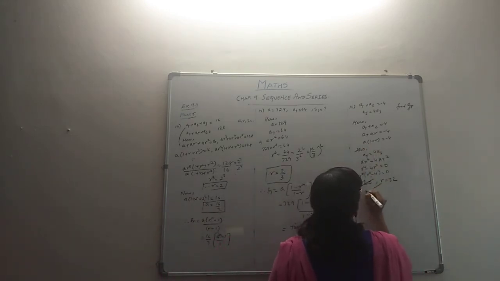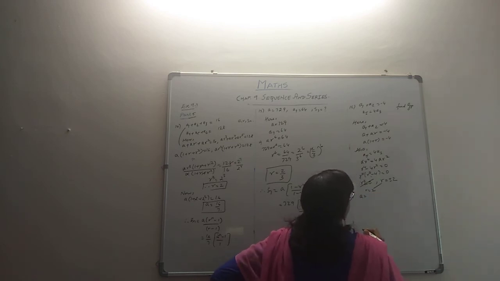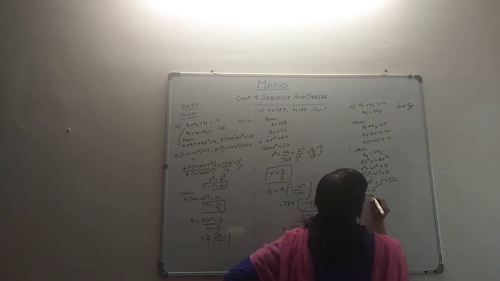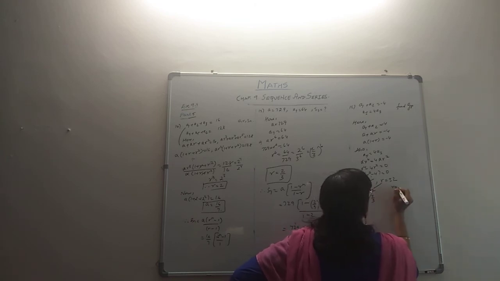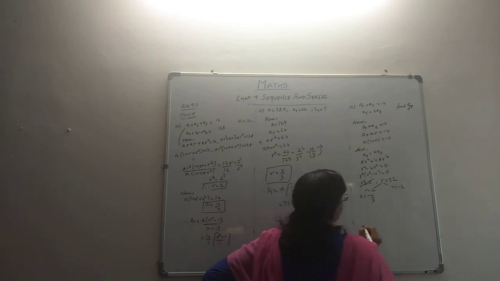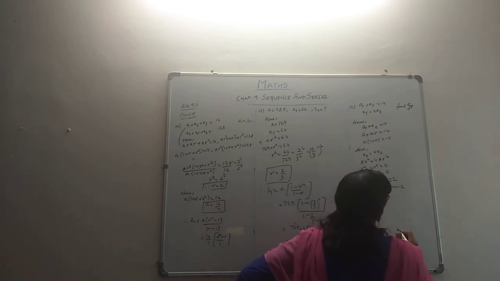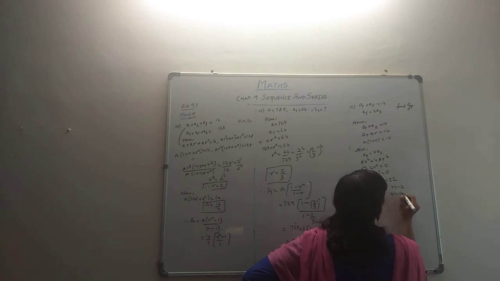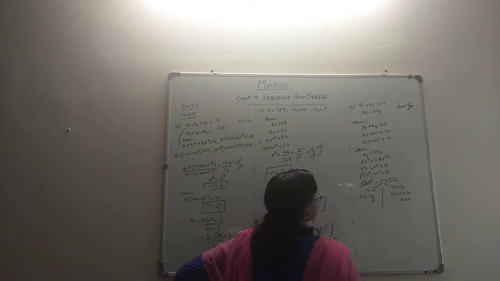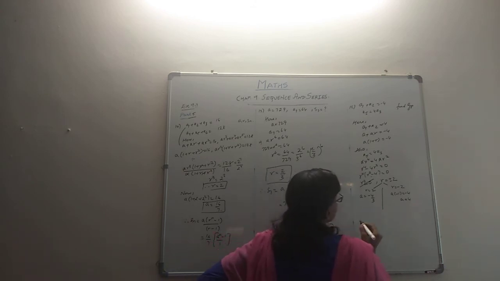So accordingly, what could be our a value? For r equal to 2, what could be our a value? a times 1 plus 2, 3, is minus 4, so a is minus 4 by 3. And if r is minus 2, what could be our value? a into minus 1 is minus 4. So like that a would become 4. So you have these two values. They ask us to find the GP. So let's find the GP.